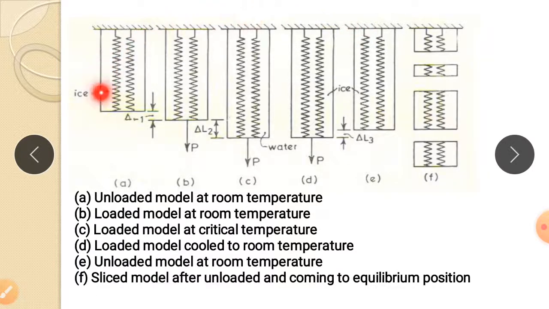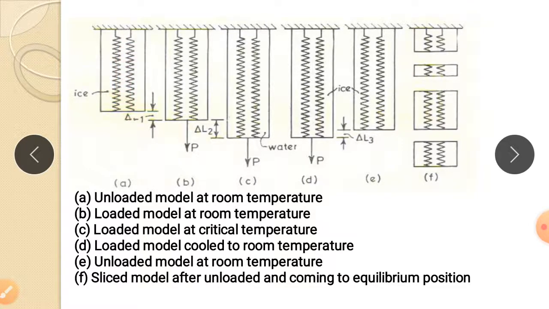We can see this one example. It is an example where a spring is taken in here, and this is the water. Before that, the water will be in ice form. So they are considering an ice and spring experiment. You can see here, initially it is in the ice form and the spring is in this form,